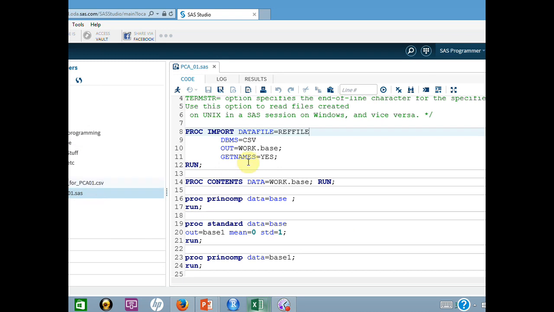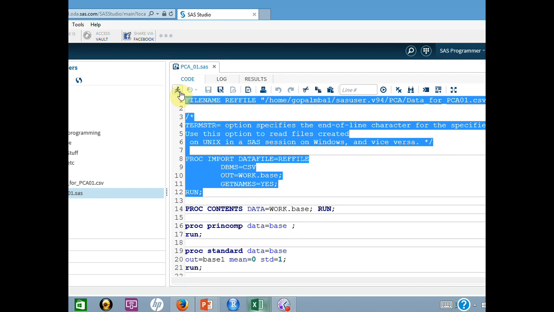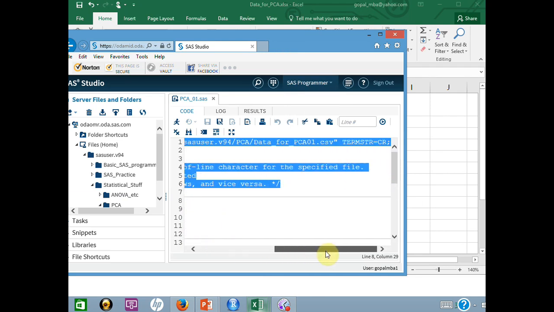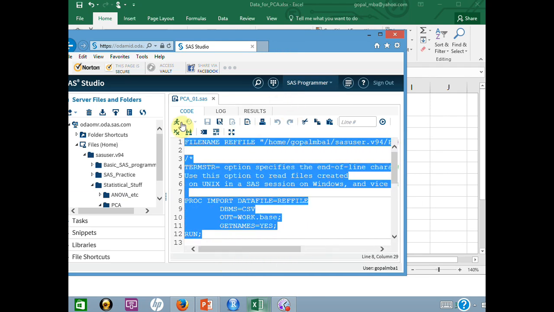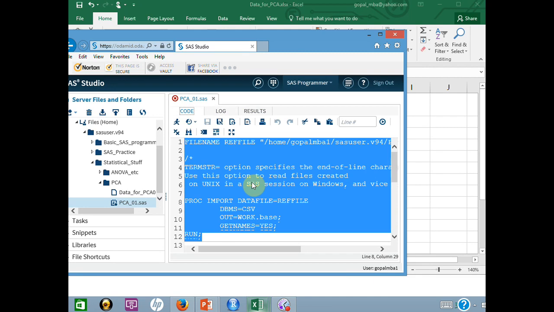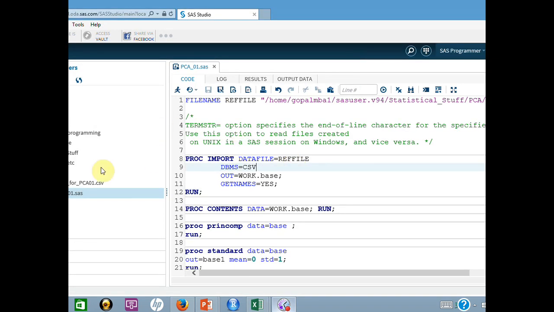So I have the CSV file here. Let me read that data here. Let me bring it in between so that I can show you the maximum portion. So here is the data, the same code that you are seeing in the PPT. I am running it. It looks like I have moved the data, and that's the reason it is giving me the error. Let me pause the video and correct the code. In this code, I had moved my PCA program under a folder called statistical stuff. That's what was giving the error.